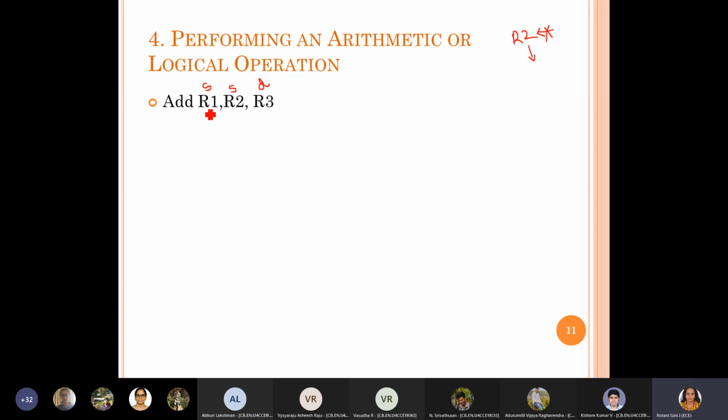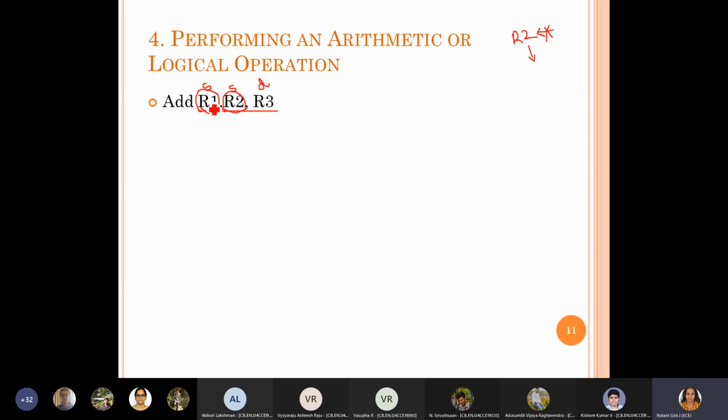So this is the simplest operation, right? Quick and simplest, because all the operations involve only the registers, and just a logical or arithmetic operation, right? So in this case, first we need the data from R1, and then we have to take the data from R2, right? And then the result needs to be stored in R3, right?